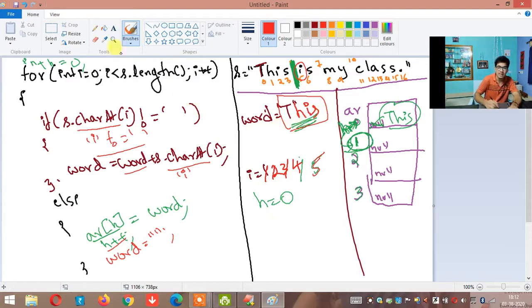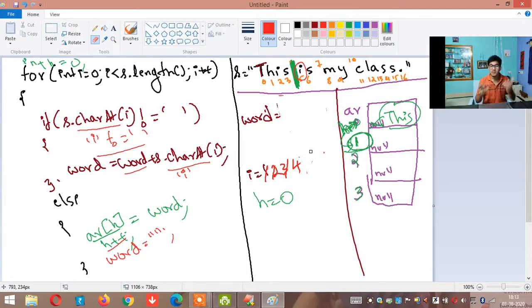That word will become an empty string. Logically, as soon as you store this word in the array, do you have any use of it anymore? No. So clear it.